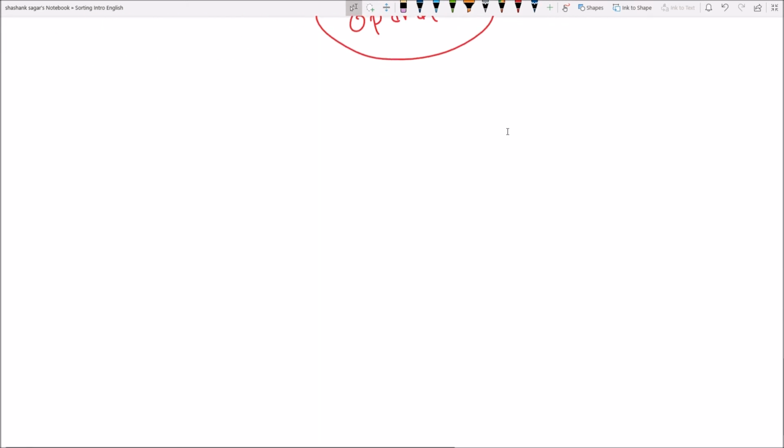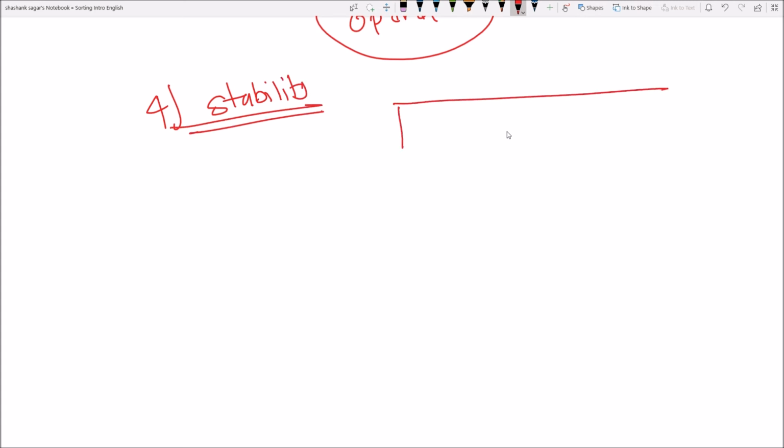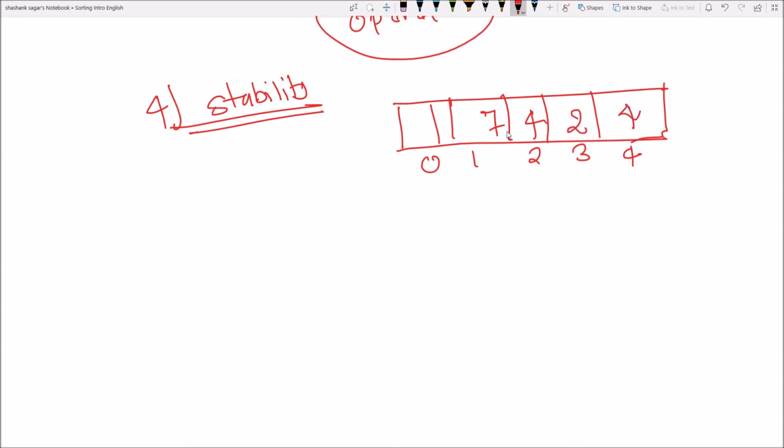Now we will see what is the stability of a sorting algorithm. What do I mean by stability? Let's see this example. See, this is my unsorted array.